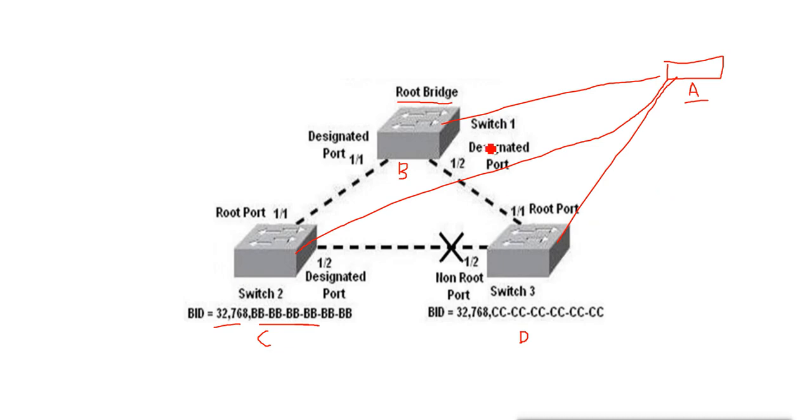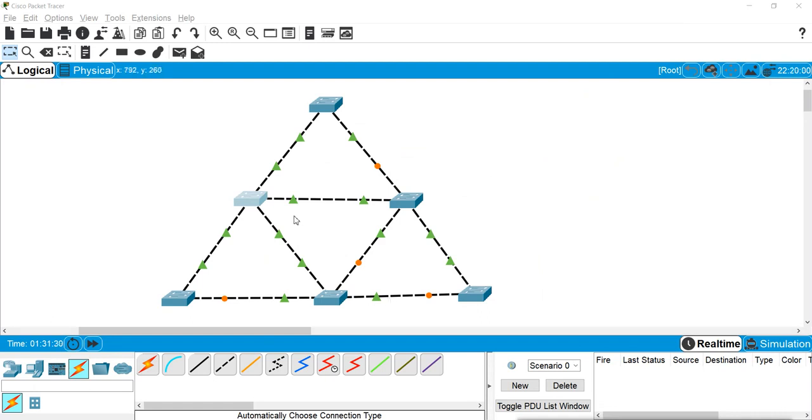So you want to have control in the election, like you want to control which bridge or which switch should be the root bridge. Then what can you do? You can manipulate the election by changing the bridge ID, the bridge priority. By changing it, we can manipulate the election process, so we can select who will become the root bridge. So for example, in this design, what we have here is this bridge as the root bridge.